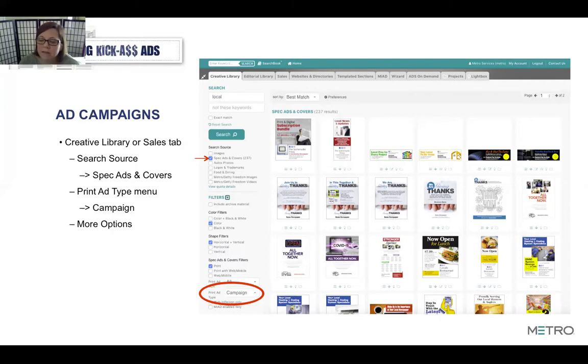And if you want to start in Metro to get some ideas for those, you can go to the Creative Library, and you're going to want to make sure that Spec Ads and Covers is selected under the Search Source menu, and then scroll down until you get to the Print Ad Type menu, and you're going to choose Campaign from there. And usually all the ads in the campaign will show up together in your search,